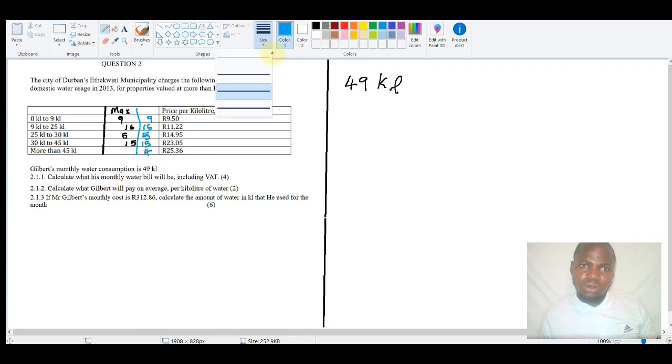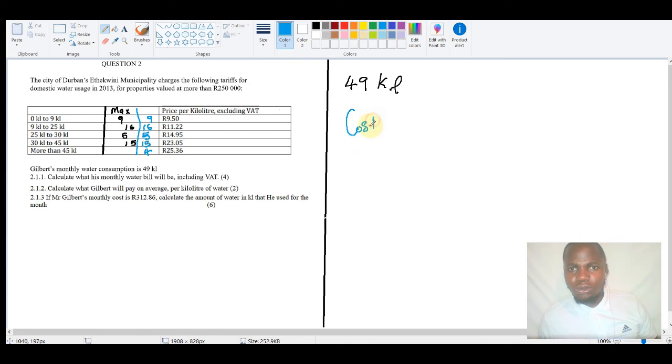I just showed you how to calculate the cost. A bill is a cost. So cost is equal to used times tariff. Remember, used times a tariff. So cost is equal to, in the first range, what is used in the first range? In the first range, you use how many kiloliters? 9 kiloliters times